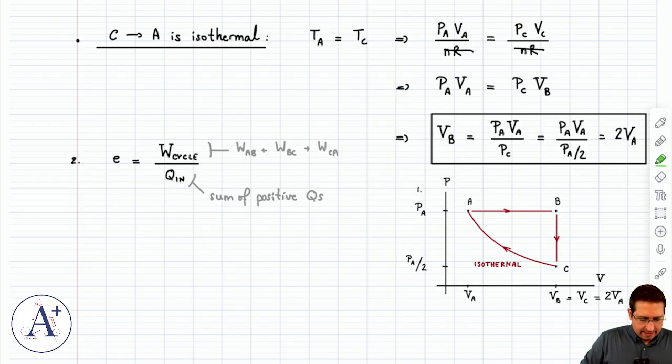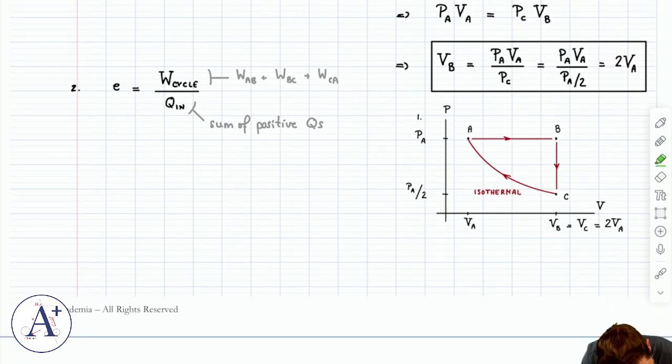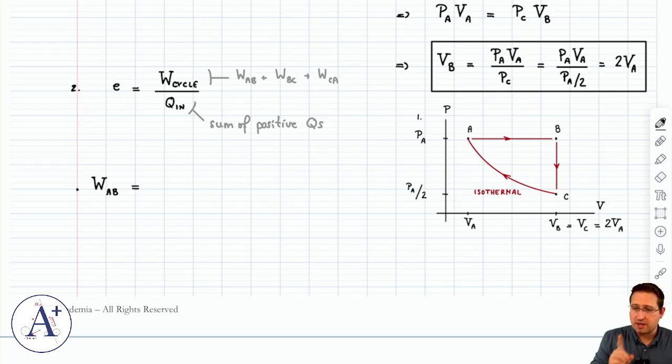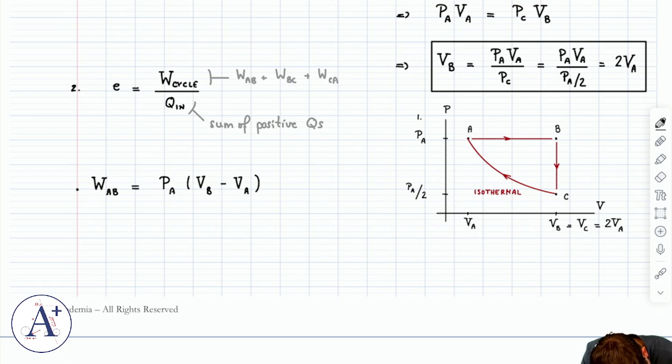Okay, so here we go. Work from A to B. Well, A to B is a process at constant pressure. It's isobaric, so it's going to be PA or PB, doesn't matter, they're the same, times delta V, VB minus VA. And this is going to be equal to, therefore, PA times 2VA minus VA. And that's just going to be PA